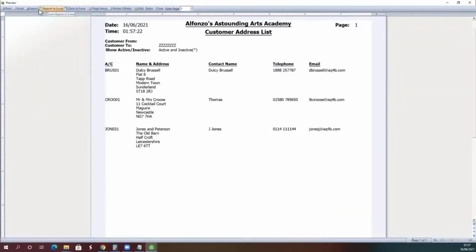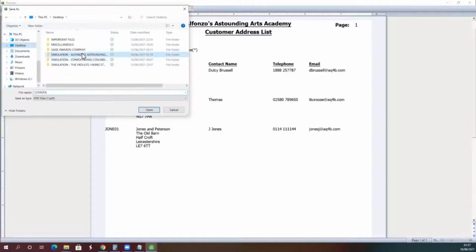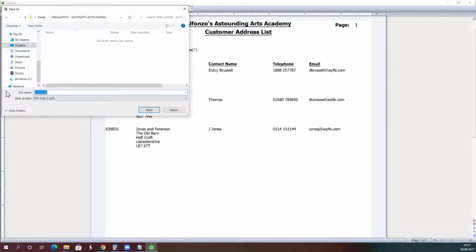Export, then I will save it to my folder as customer address list. Save. And the next one is